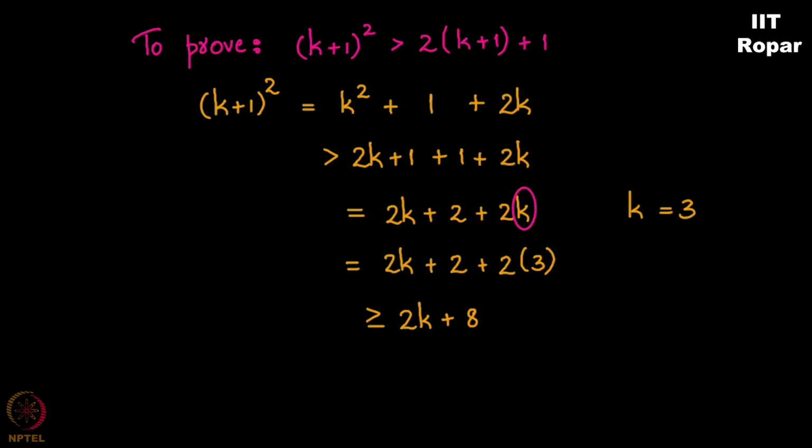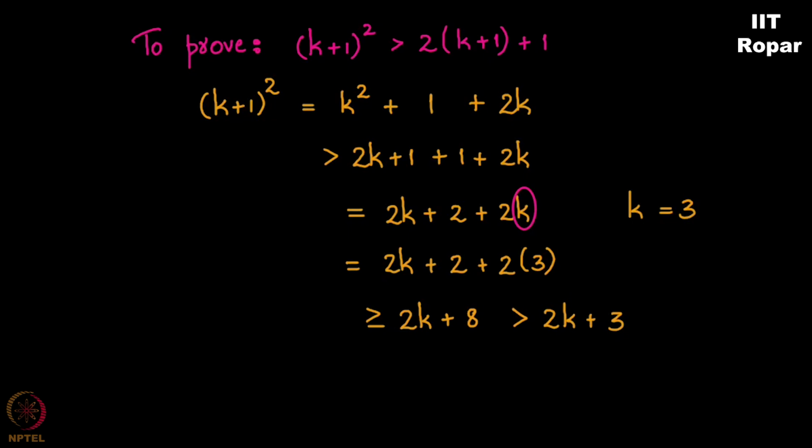This is the most subtle part of this theorem. You might need to take some time for understanding this portion. This is 2k plus 8. Now, this is strictly greater than 2k plus 3. Now, you can ask me, why did you write 3? You can also write 4 or 5. Yes, but we are concerned only about 3 here. Just observe the proof. So 2k plus 8 is greater than 2k plus 3.